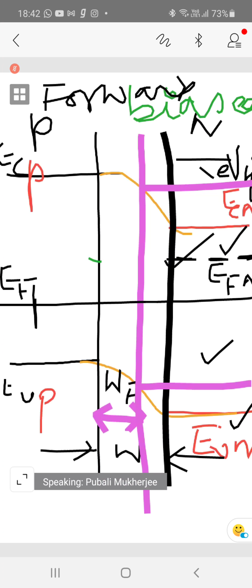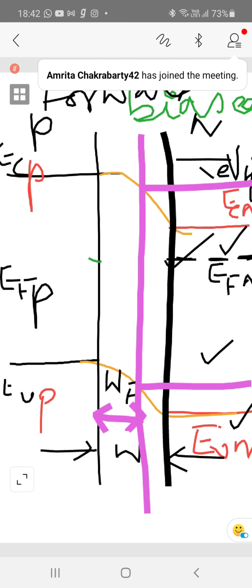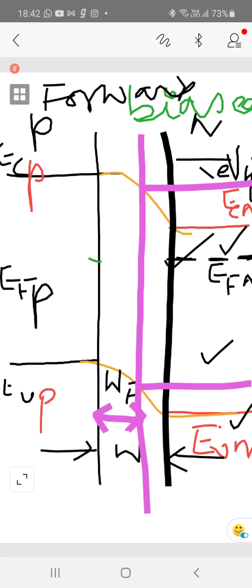This becomes your EFP, the original one, and therefore you see what happens. This horizontal line, which I removed right now, what was the status of that line? That was the horizontal line giving you the extrinsic Fermi level in equilibrium, or in zero bias condition, when no biasing was applied to the PN junction. The moment you apply a forward bias, look, EFN has moved up, I'll explain why. And this one